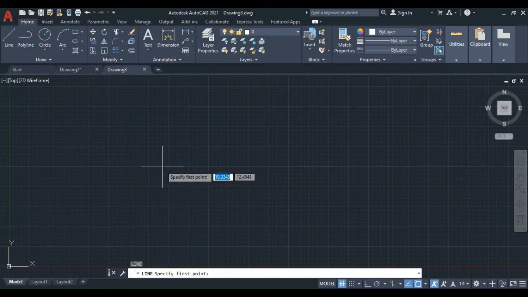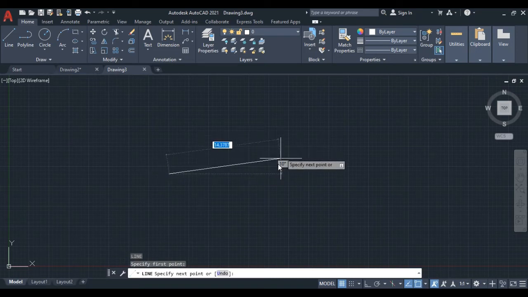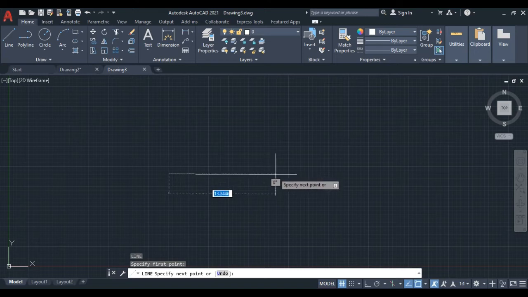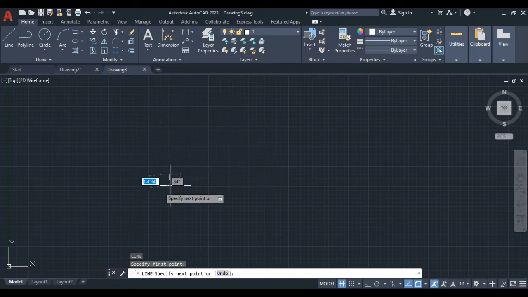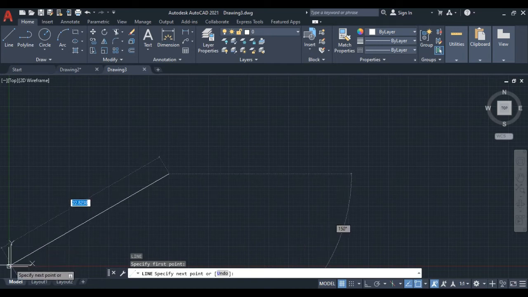So here you can see your cursor. If we click here and just drag our mouse any particular distance along any particular axis, this is the y-axis, this is the x-axis, you can see that in the coordinate system.